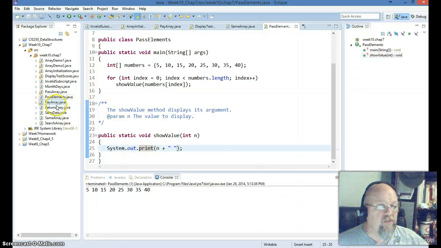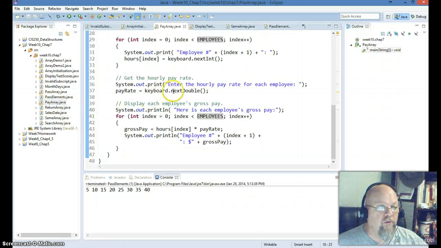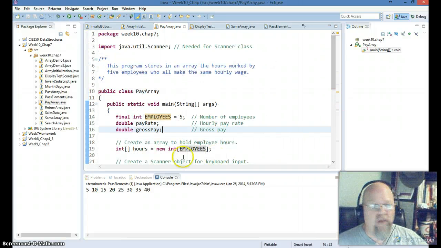Now here's something that's really, really, really powerful, and this is where I can pass an entire array to a method. So here